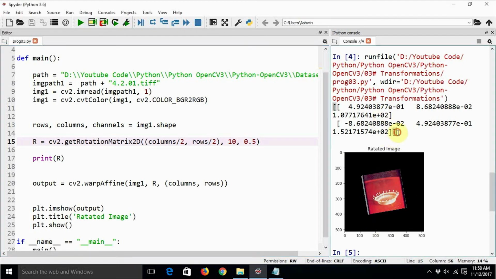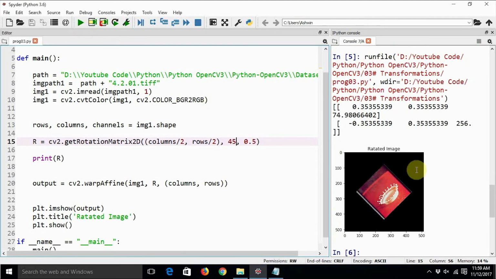And you can see all the values here in action. Whenever you want to apply the rotation by 10 degrees, it is really very difficult to manually calculate all these things and then apply this matrix on the image. We could calculate all these values by ourselves, but rather than doing that, OpenCV provides us a ready-made function, getRotationMatrix2D. So we are just utilizing that function to retrieve the value of the matrix, and then we are applying that matrix to the image. Finally we will apply more rotation to the image, and this is how the image looks like.